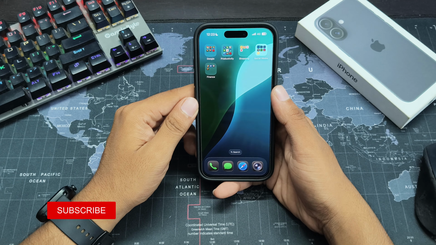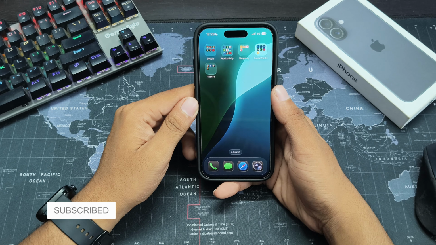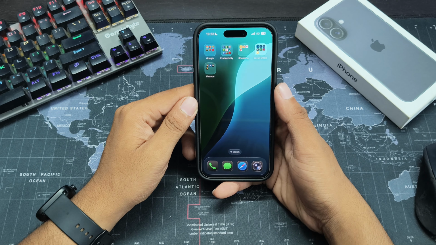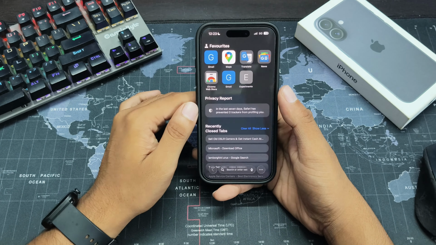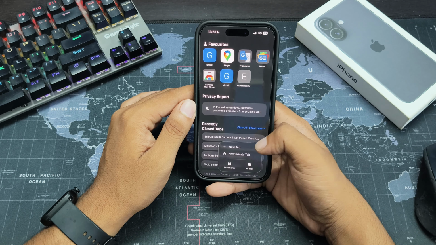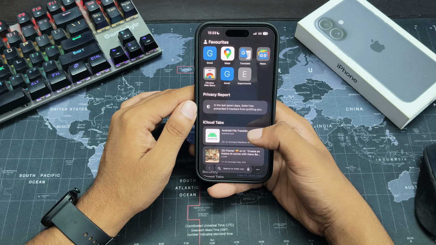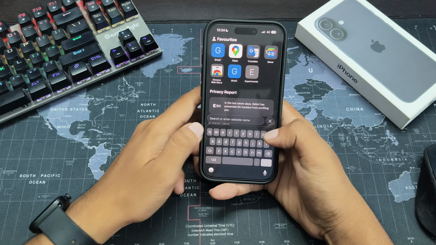In this video, I will guide you with how you can use Google Play on iPhone. So first of all, open the Safari browser on your iPhone. Now tap here. After this, tap on this icon. Now here tap on New tab. Now tap here and type